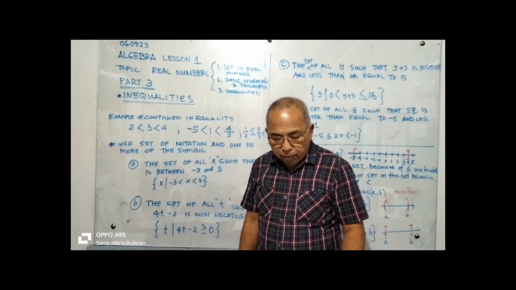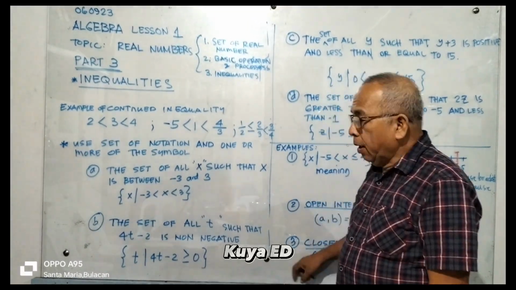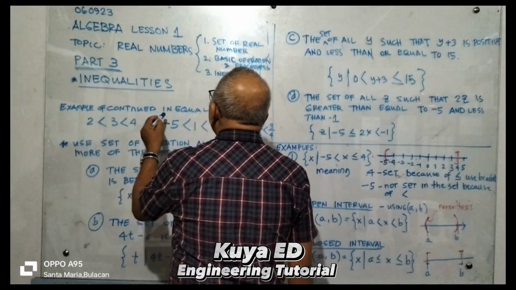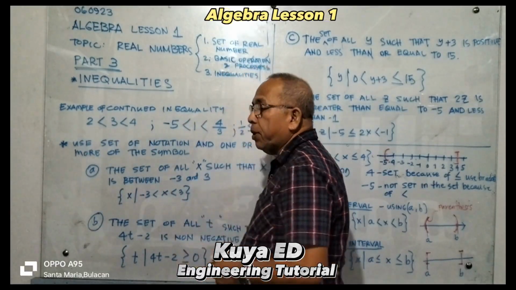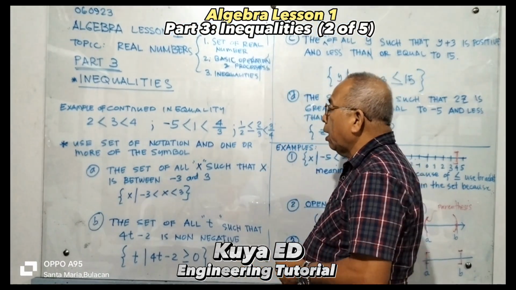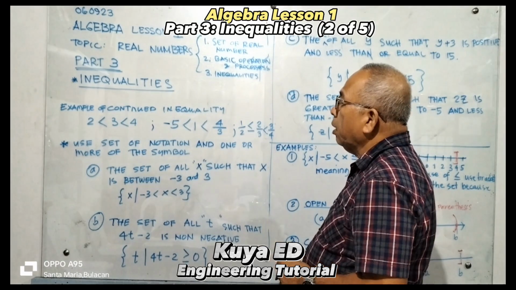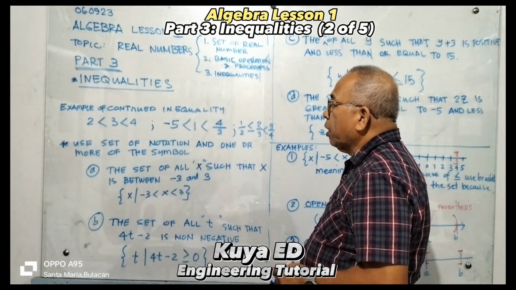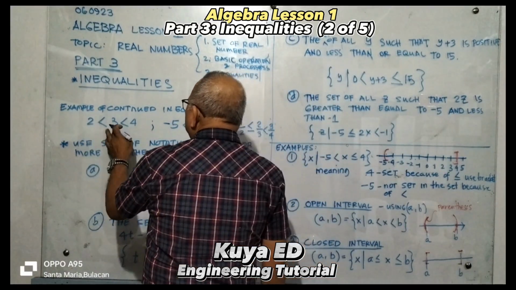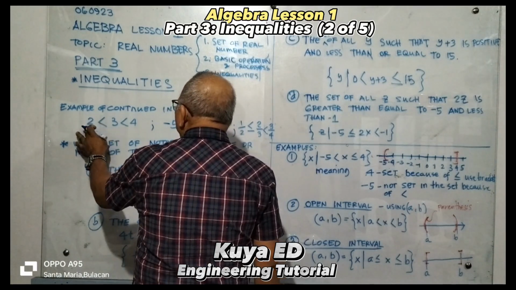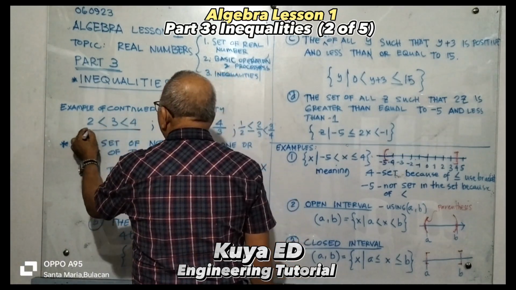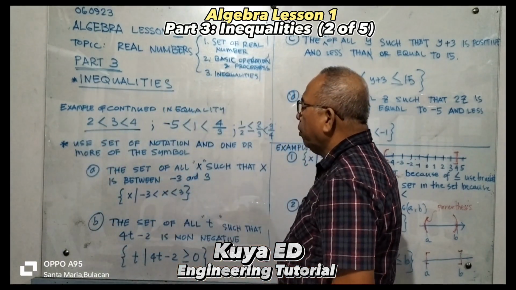Okay, so tayo ay magpatuloy sa ating pag-discuss. So, ang example natin dito sa continued inequality, di ba we have presented doon sa una nating part 1 dito sa ating inequalities, no? So, ito yung example natin. 2 is less than 3 and 3 is less than 4. Okay, or we can say that